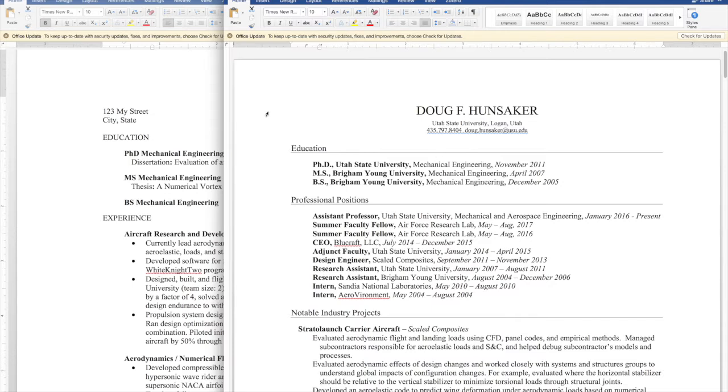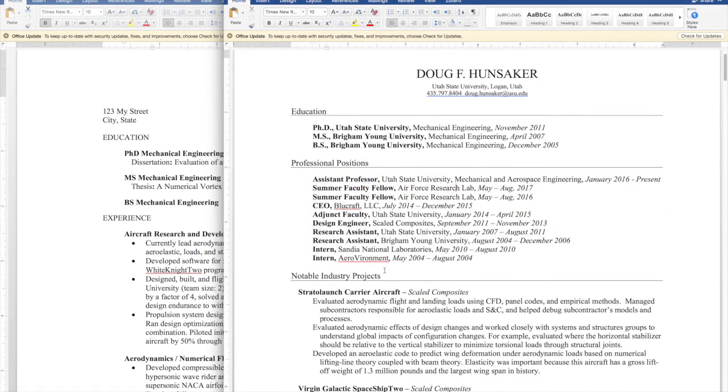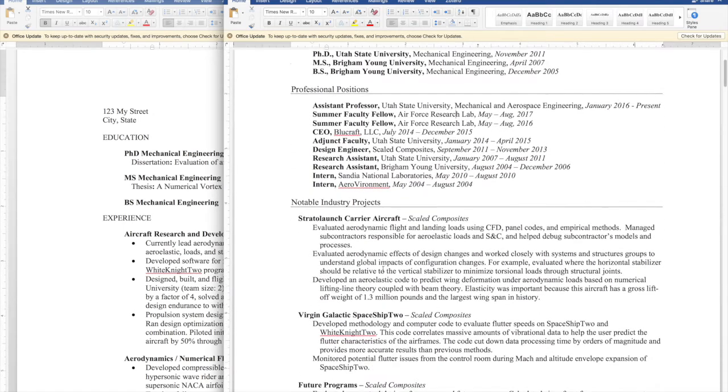But here's a more recent resume. And by the way, since I'm in academia now, we call this a CV. That stands for Curriculum Vitae. And so this is maybe structured a little different than a normal resume, but it has the same principles in it. So you see my name, contact information, and again, education is probably the most important thing, at least at this point in my career. So that's right at the top. And then I have a list of different professional positions that I've held and the date ranges that I was there. So that helps a future employer kind of put together my history.